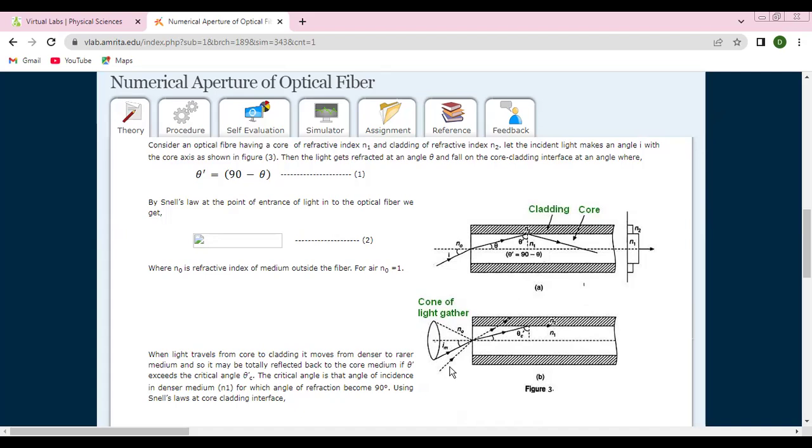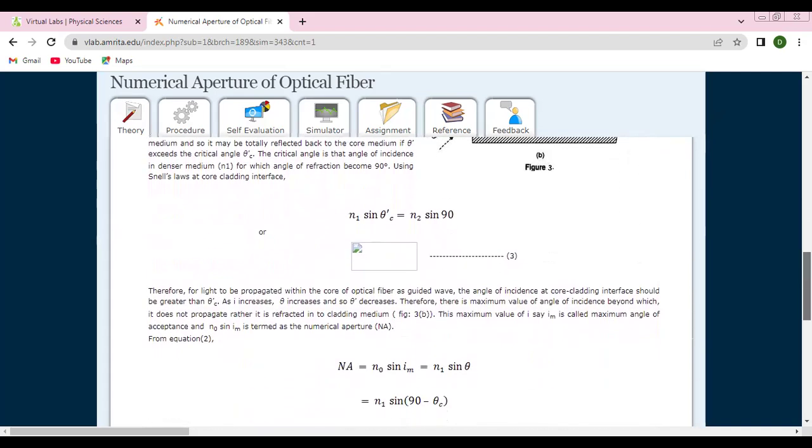So that is why when the light is passed through the optical fiber, always care is taken that the light always enters within this cone, and hence this cone is called the acceptance cone. This is called the acceptance cone. All the rays which are entering through this acceptance cone undergo the total internal reflection phenomena, and they propagate for a long distance. This is all the theoretical part